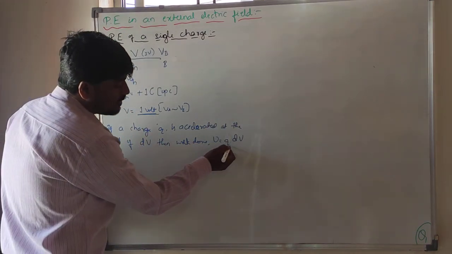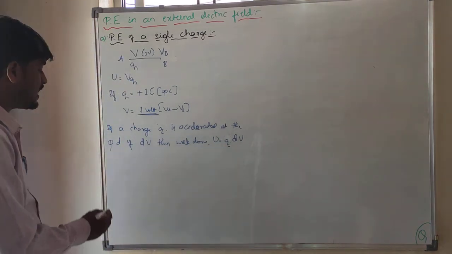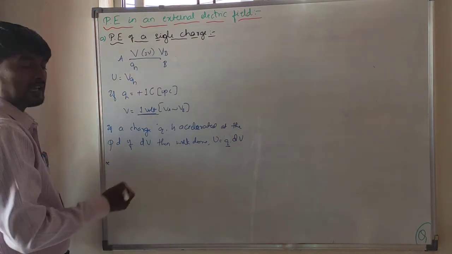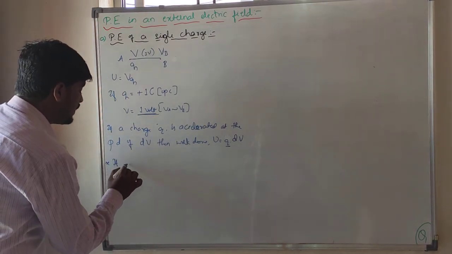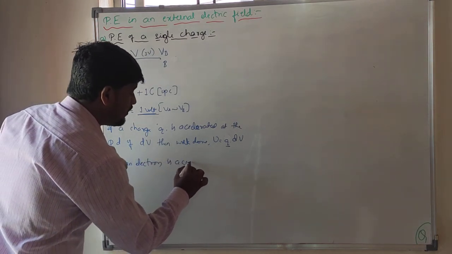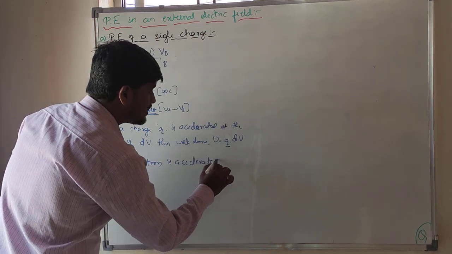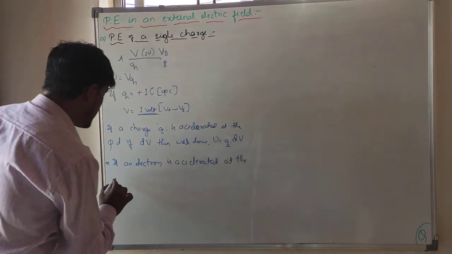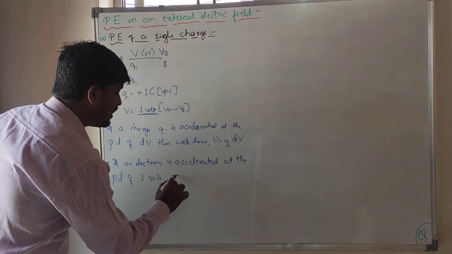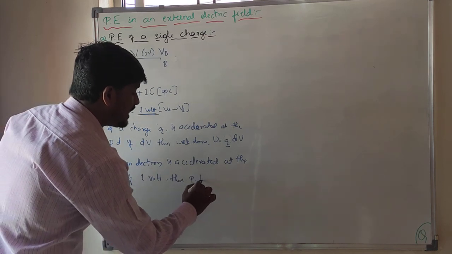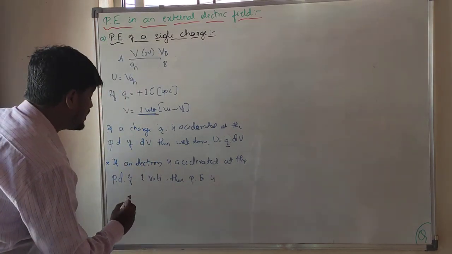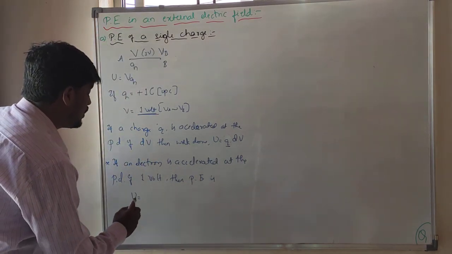Now in place of Q, if I take the charge of an electron, if an electron is accelerated through a potential difference of 1 volt, then the energy is given by U is equal to,